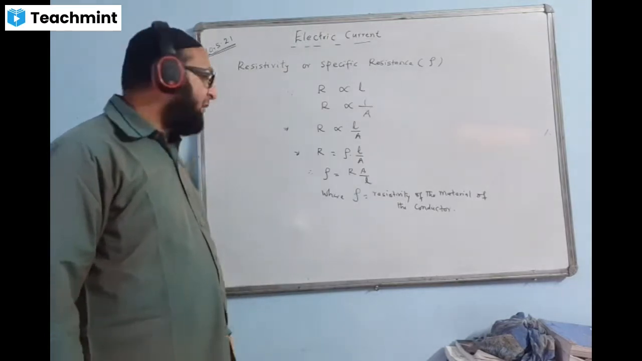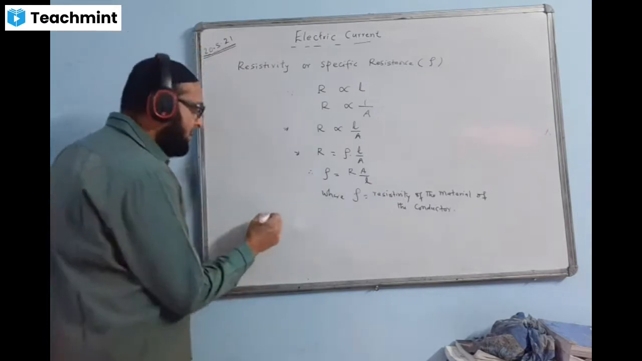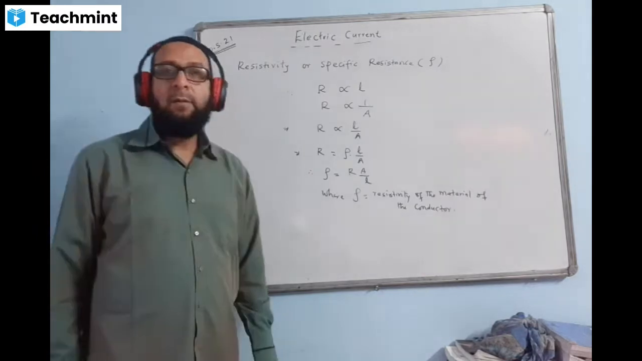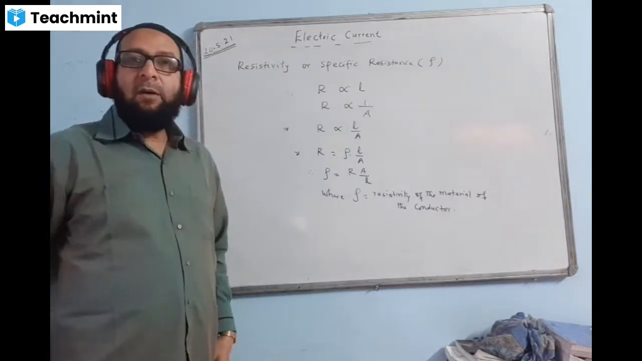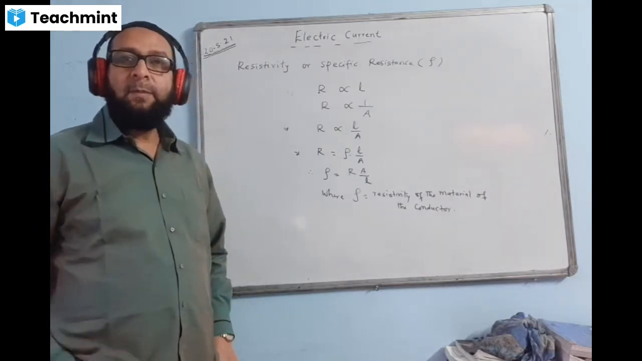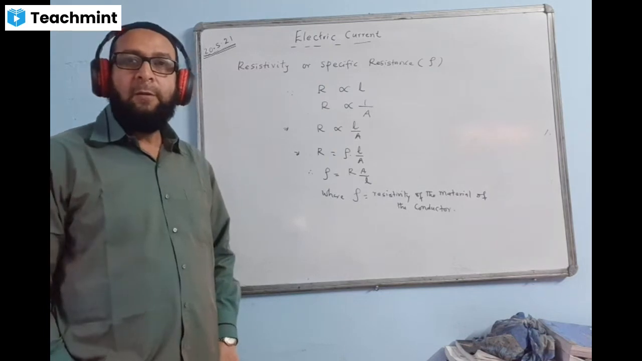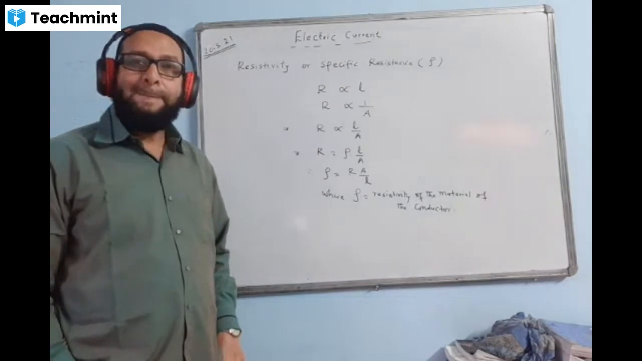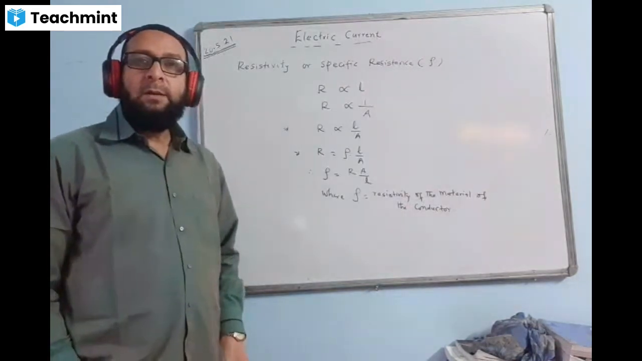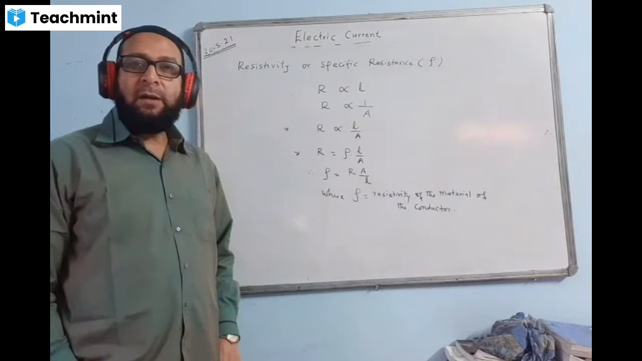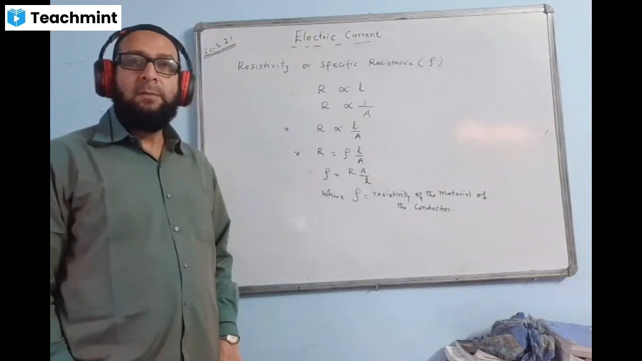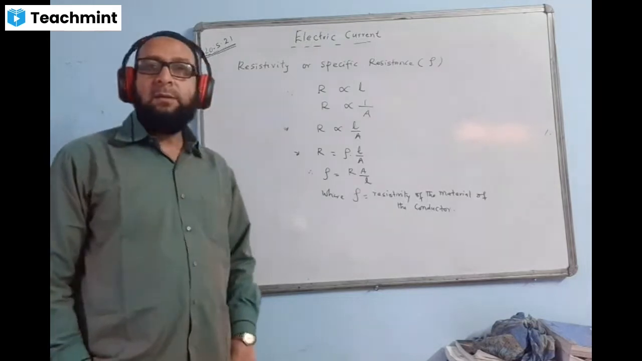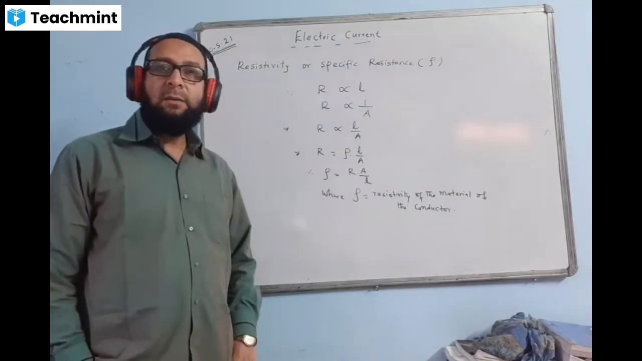Now we'll find the definition of rho, resistivity. Write down here below this: resistivity of the material of a conductor is the resistance offered